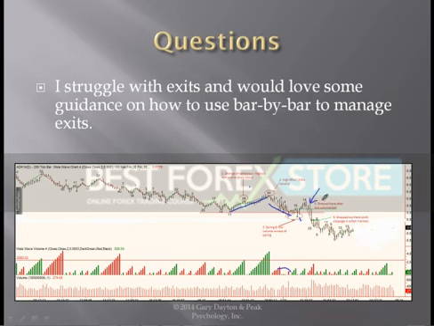As soon as that occurred, and you had ample time to get out without getting slipped so much, as soon as that negativity occurred, I would have been out of that trade. I would have just pressed the market sell order button immediately. In fact, before this even closed, what is this, 200 tick bars.